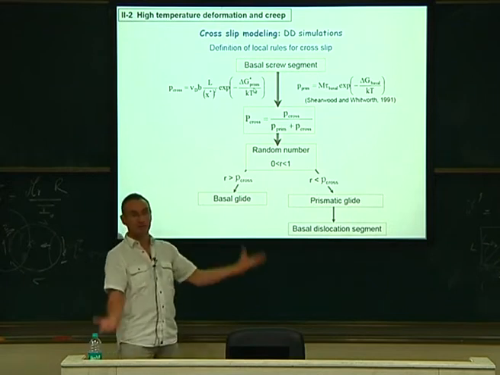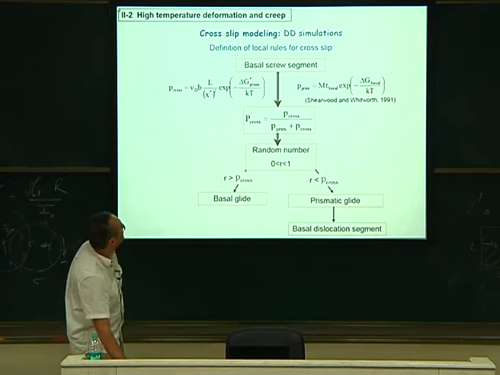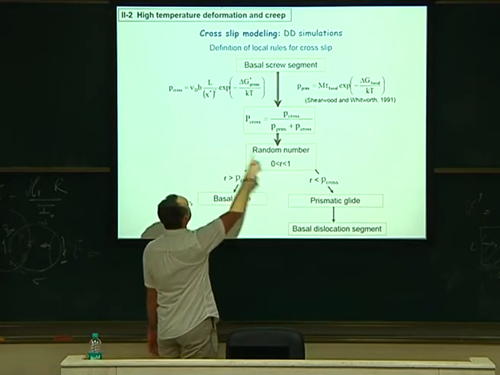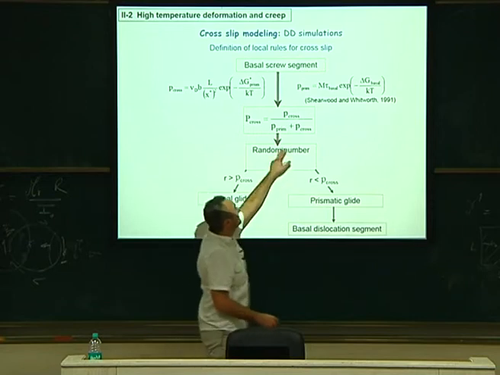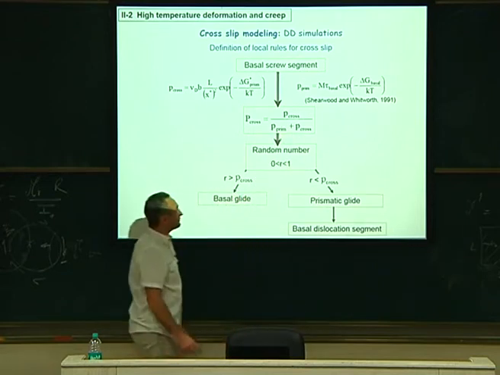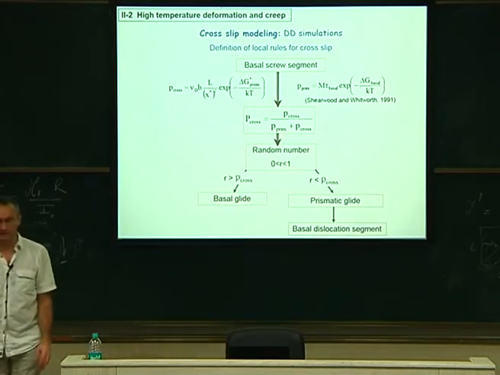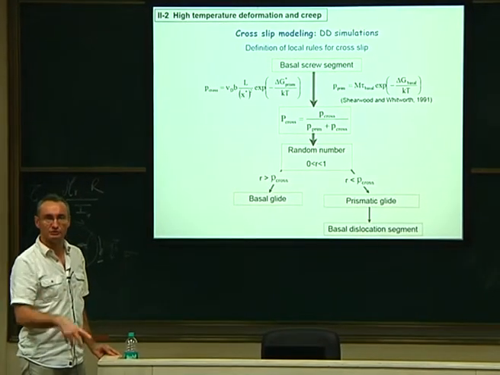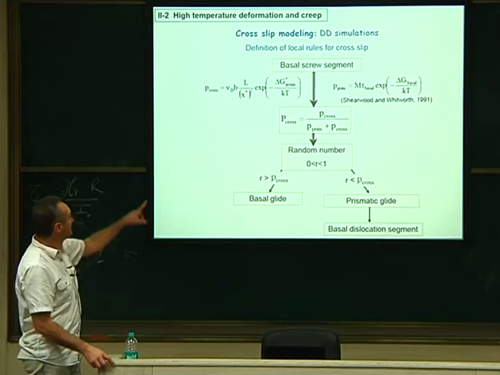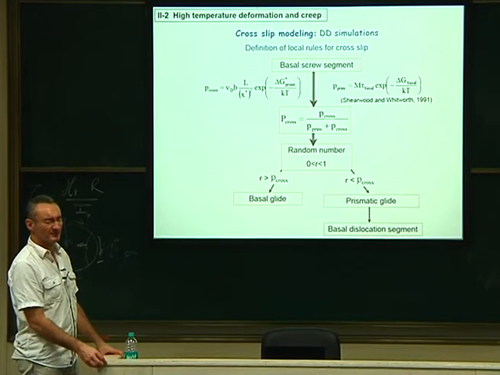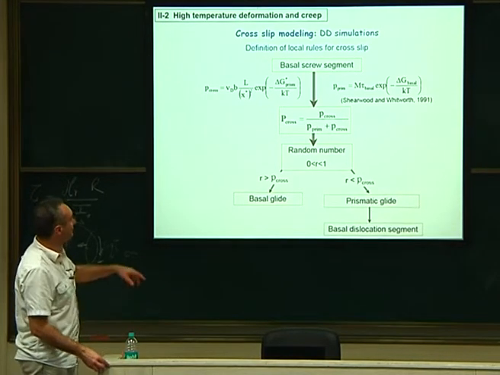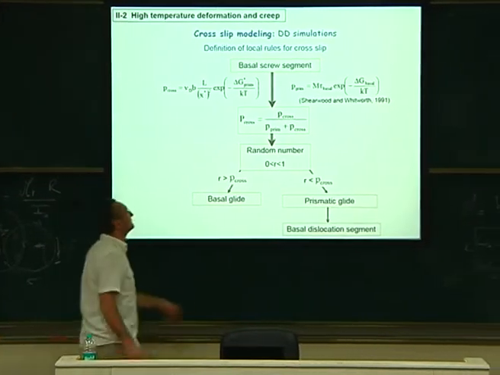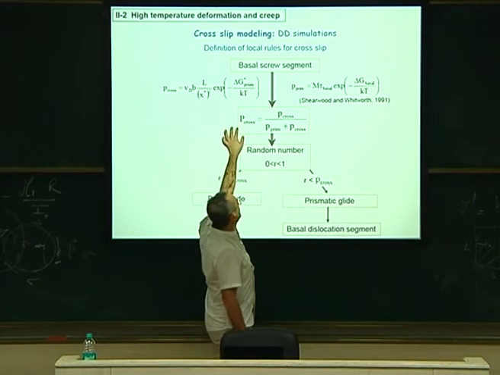We assume that we are at very high temperature. And we compute now a cross-slip probability that will be the ratio between the cross-slip and the summation of the two. I think there is a name for that for the Monte Carlo people. I think some of you do Monte Carlo. This random algorithm has a name, but I don't remember, I forgot the name. Anyway, this is how you compute the probability for cross-slip.